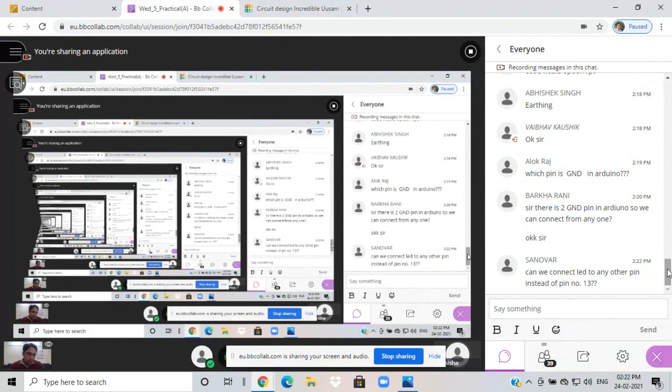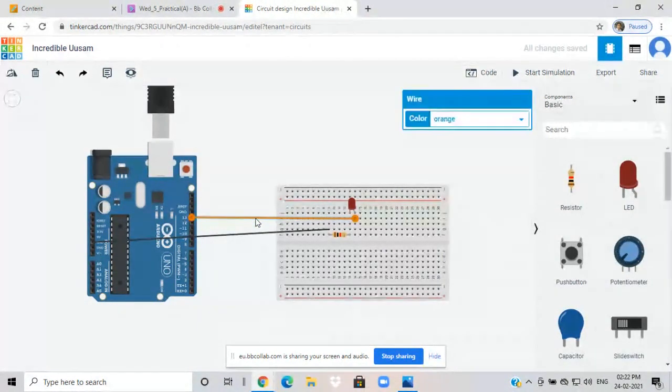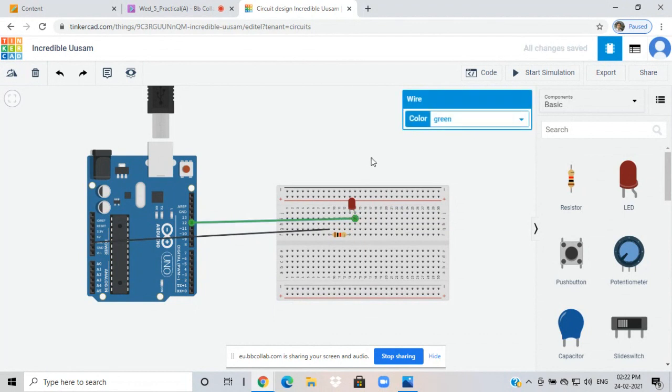Can we connect the LED to another pin instead of pin number 13? Yes, you can connect, there is no issue. Just delete this wire. Now if you want to connect it to pin number 12, just make the connection. Now check the code.